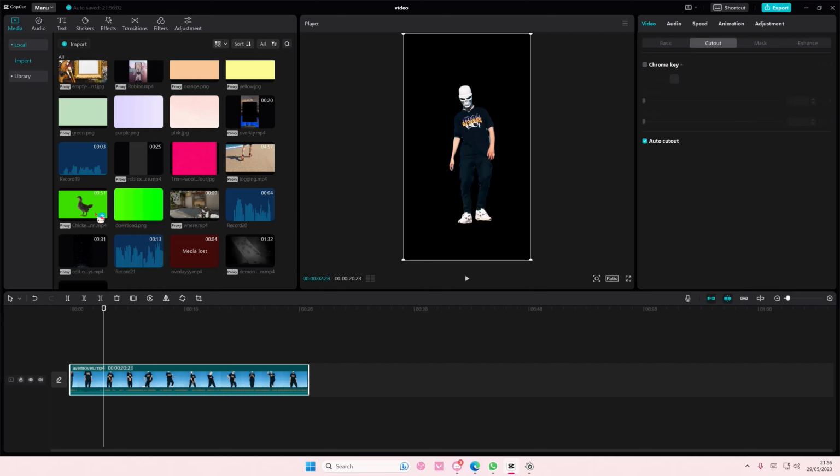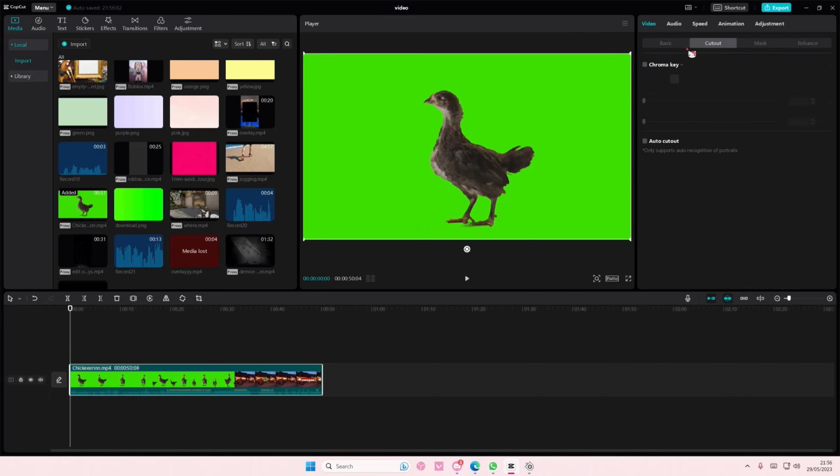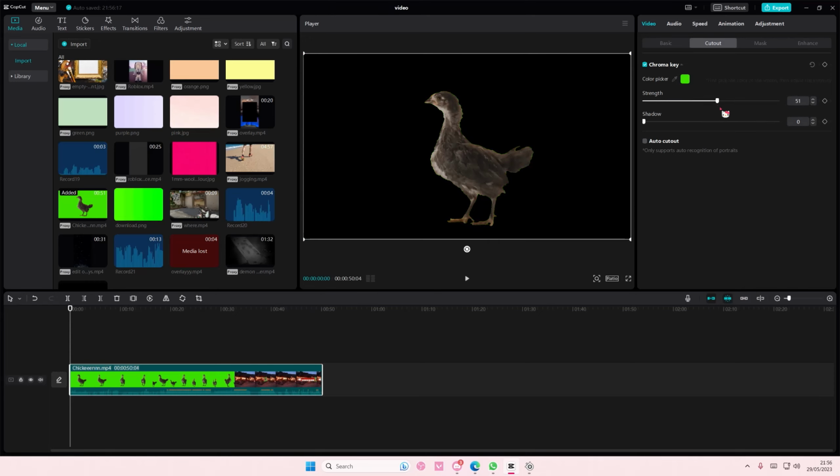But if it's a green screen, you're going to want to select the chroma key button, select the color picker, select the green background and adjust it like so, and you can add in shadows as well